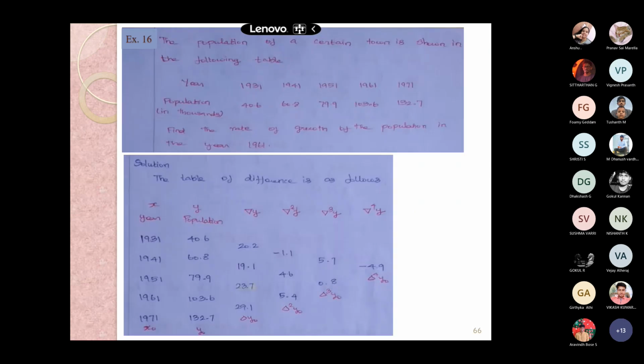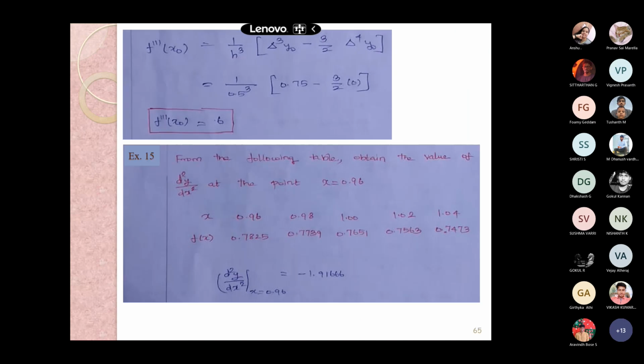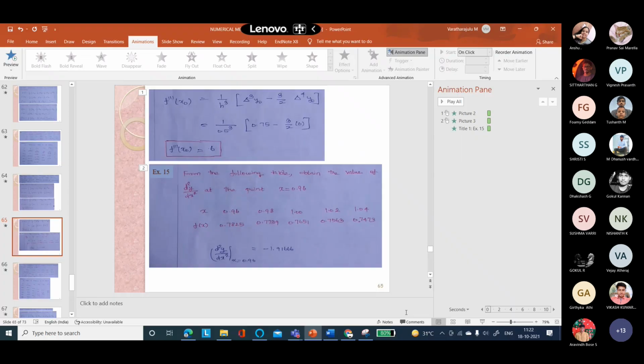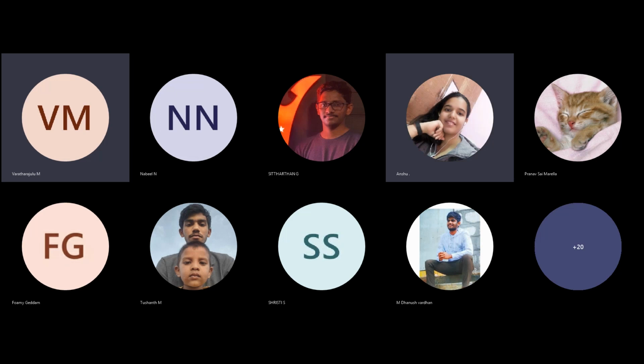We'll deal with this particular problem, exercise number 16, in the subsequent class, that is the Wednesday class, but you need to practice till exercise number 15. Since I have been quite fast with today's lecture, please try to concentrate on these calculations and let me know of any deviation. Any queries? No, sir.